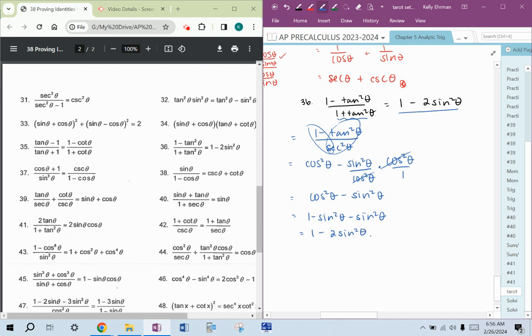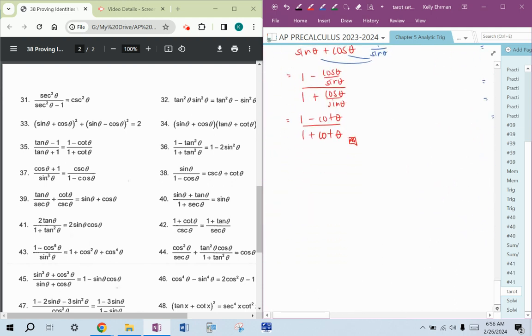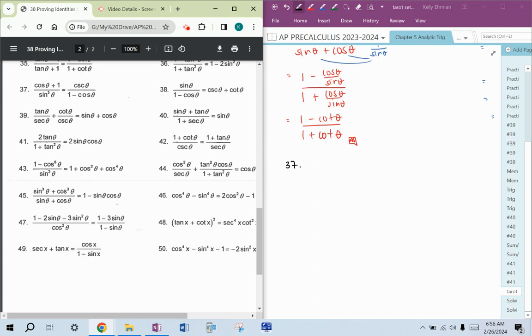So you can see you're seeing a lot of the same expressions over and over. That's because we only have so many identities to work with. And unless we start coming up with proofs that are really super long, we kind of keep recycling the same bits from proofs. All right, so 37 is cosine theta plus 1 over sine to the third, that's unusual,